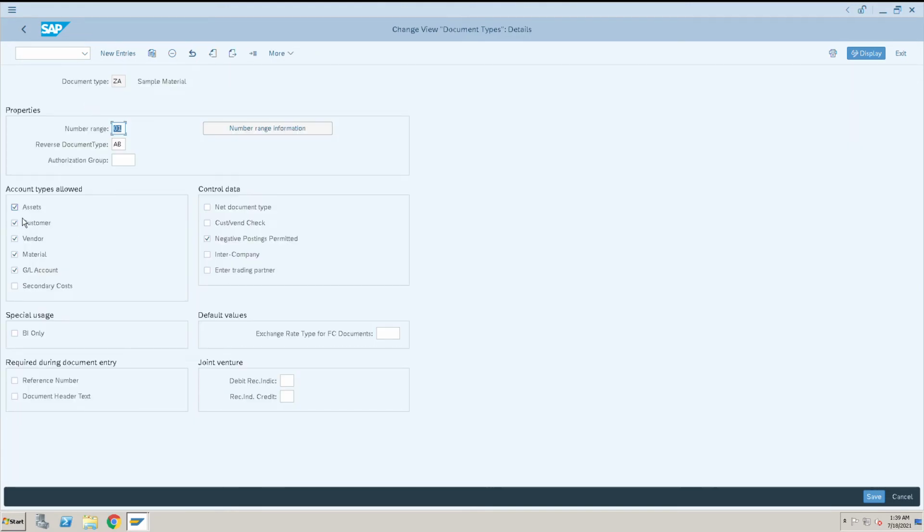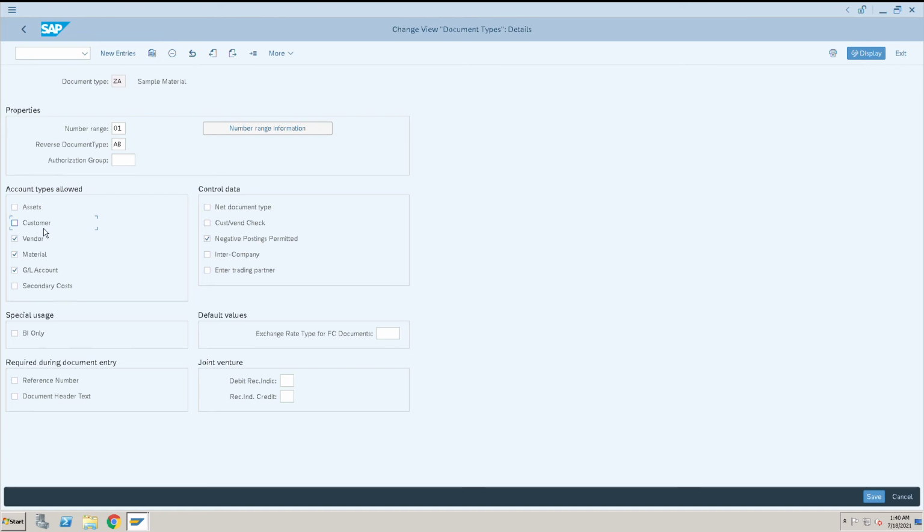So here we need to select what are the types of transactions we are going to do. Means this will be asset related transactions. We have to say if these transactions are linked to asset, then we have to select this one or else ignore this one. And if these transactions are linked to customer, then we have to select or else we will ignore. And if it is not related to any of the asset or a customer, we can ignore like this by deselecting the checkbox.